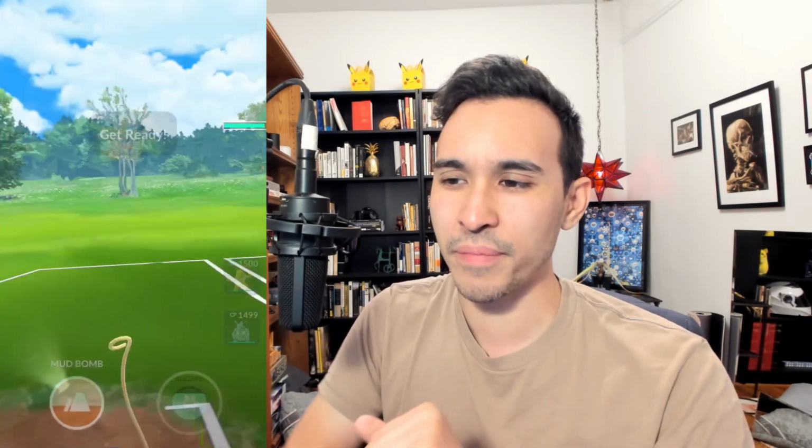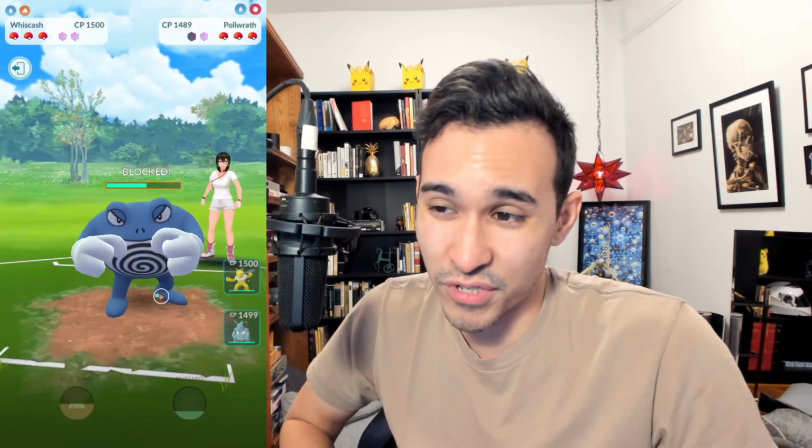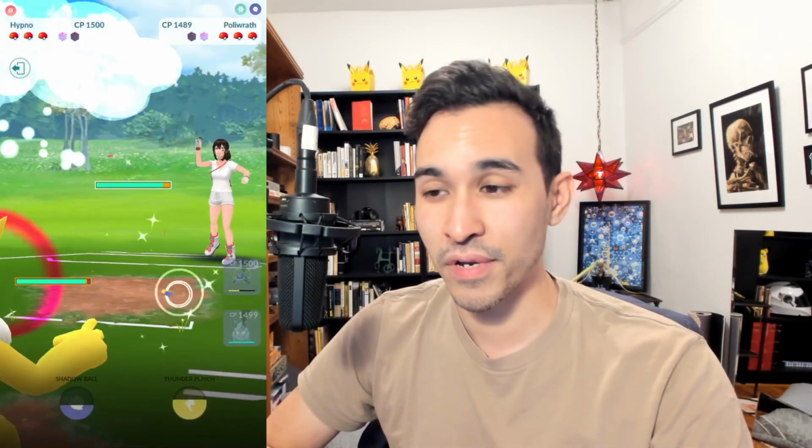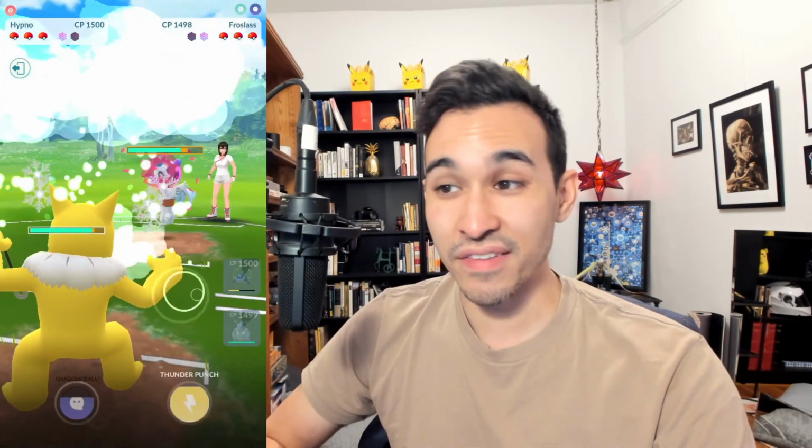I am going straight Mud Bomb here. I already got debuffed once by the Scald, which did a decent chunk of damage also. Whiscash is still going to be able to outpace Poliwrath quite easily. I'm going to shield this second Scald because this will put me really, really low in farm down range, and then I'm going to switch out to Hypno, get some nice confusion damage in, and then they switch out to